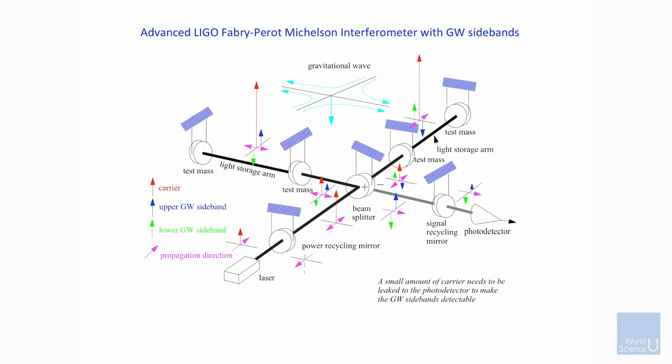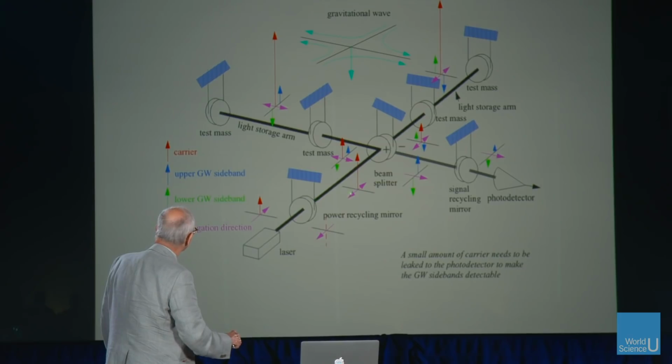Remember, all the light that comes back out of this, if the times in here are equal, all the light goes back to the photodetector if there's no light going to the photodetector. And you capitalize on that, and you reflect that back into the interferometer effectively so that no light goes to the laser and disturbs it. And what you've done is you've made a cavity out of this entire interferometer. So now the light intensity is much larger than it was just from the laser. It could be 100 times larger than just what came out of the laser. That's called power recycling. And we did that in the initial detector. You'll see that when we get to actually the curves that come with it.